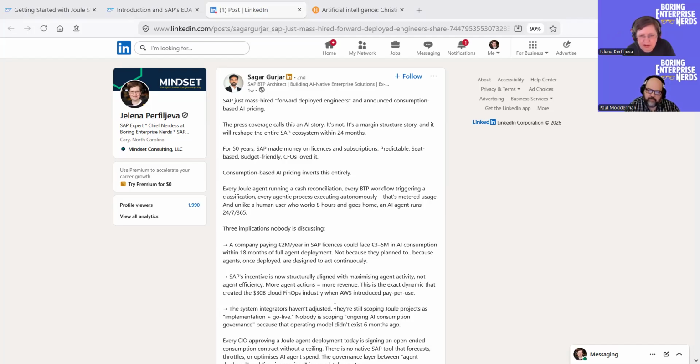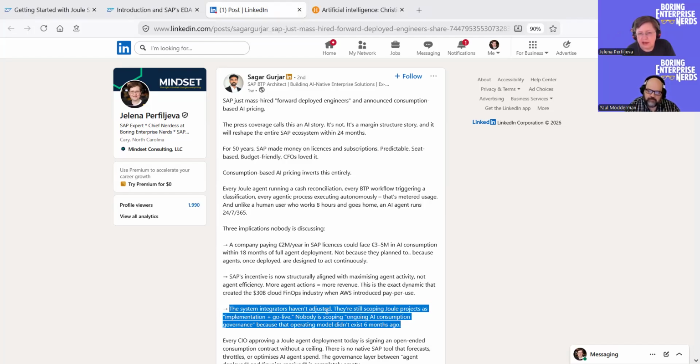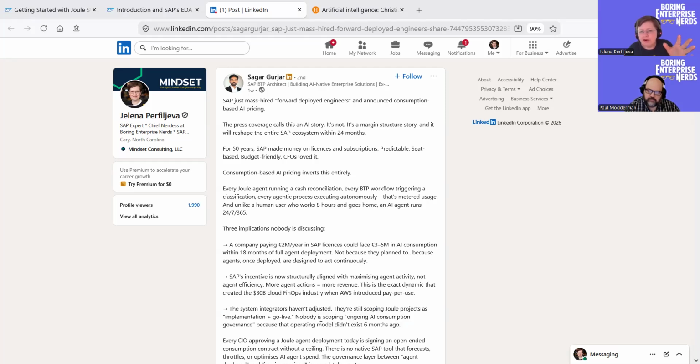What kind of caught my attention here is he's saying, "Oh, system integrators haven't adjusted." They have actually. So I hate when people drop shade on consultants and integrators like that. No, they're very much aware. Still scoping Joule project, blah blah. It's not what's happening. However, saying nobody's scoping, I think the correct way to say it is scoping may not be quite considering the long-term cost or the